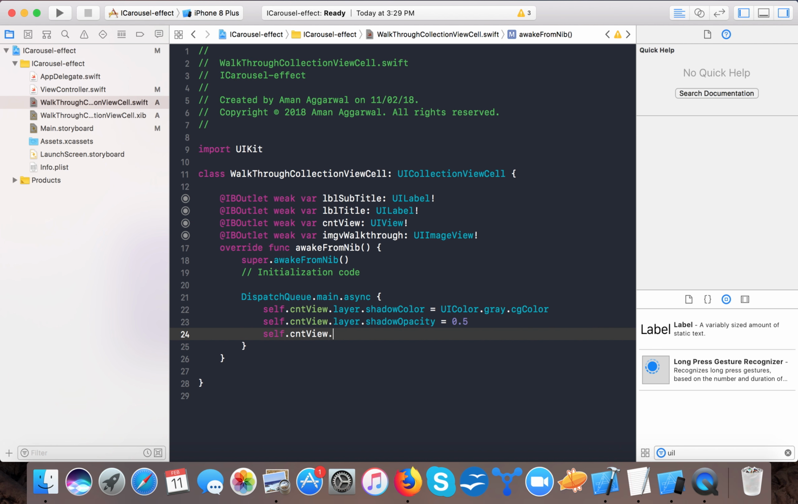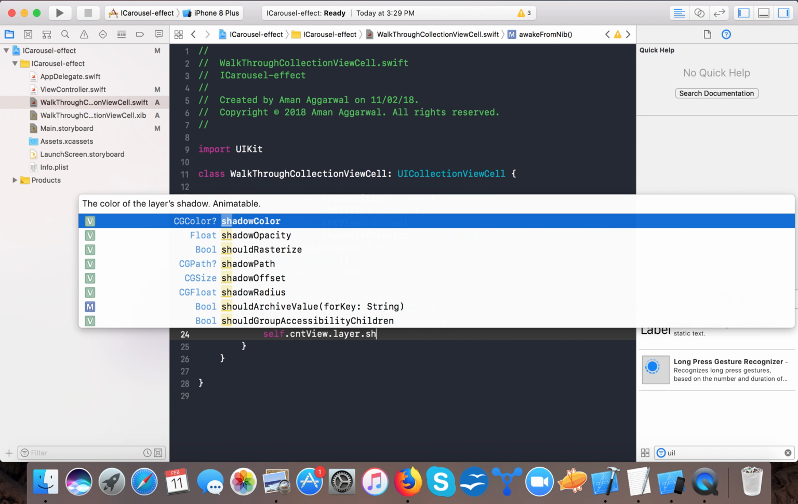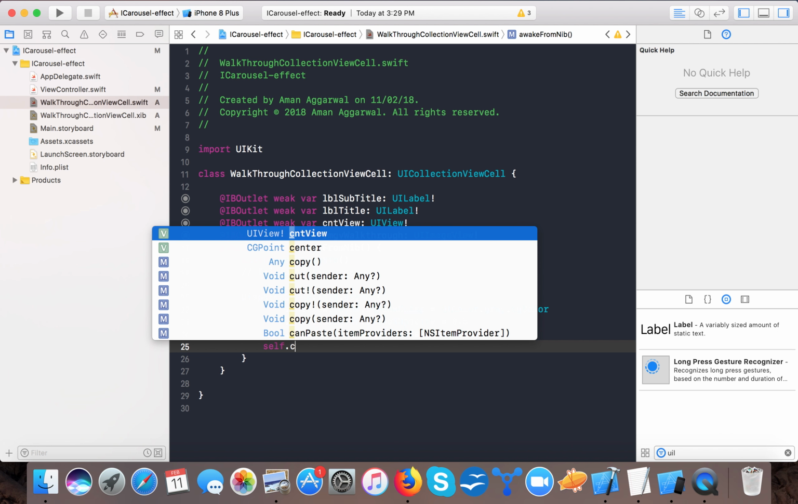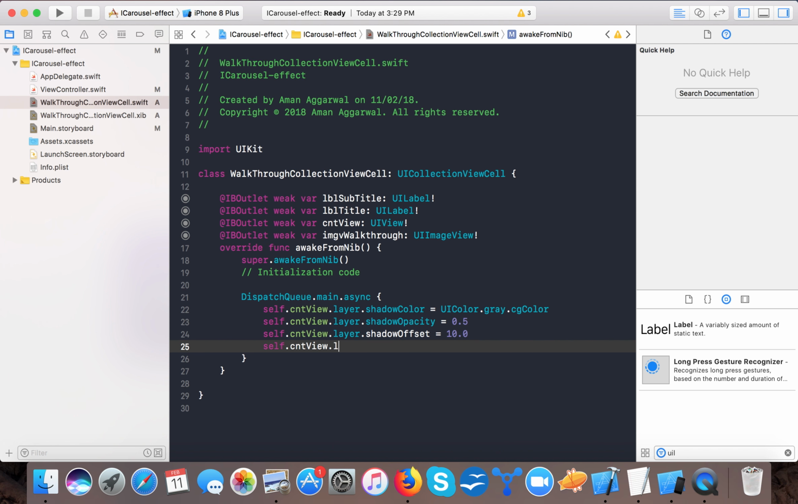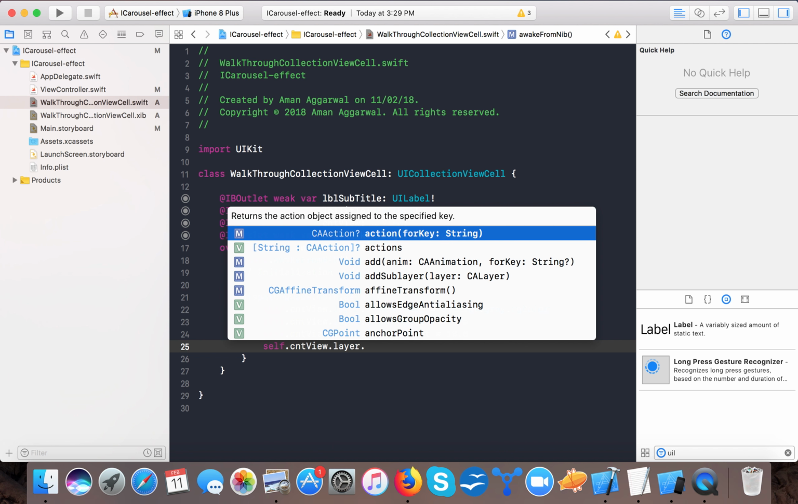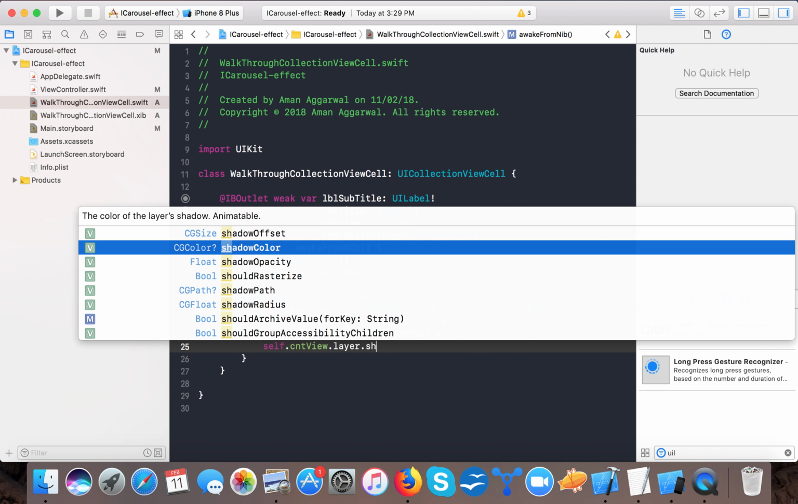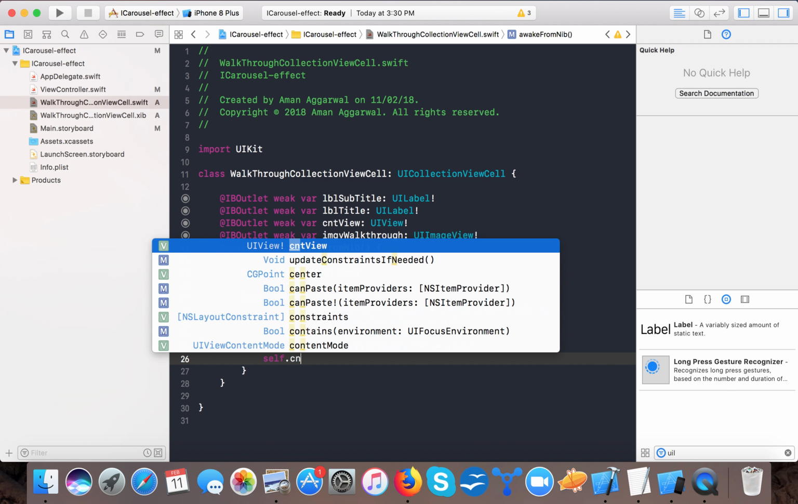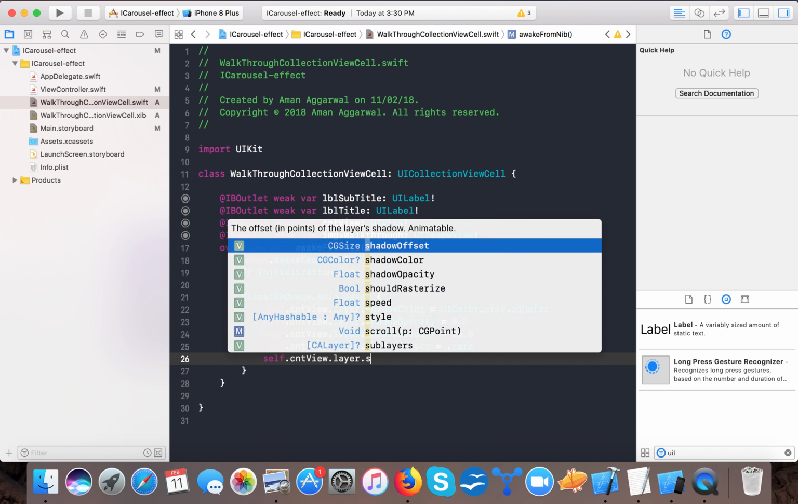self.cntview.layer.shadowOffset = 10.0, and self.cntview.layer.shadowOpacity, oh, here it's not shadow offset, this is shadow opacity, not offset, = 0, and self.cntview.layer.shadowPath